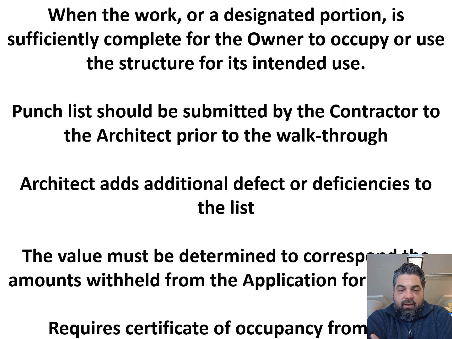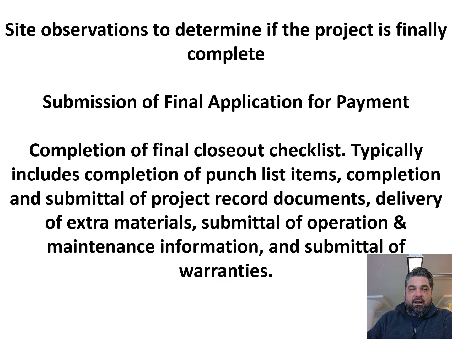And then typically the punch list and substantial completion requires that the contractor obtain a certificate of occupancy from the authority having jurisdiction, which means they have a building inspector come out and do their walkthrough, in addition to all the walkthroughs for other life safety systems like fire sprinkler, fire alarm system, electrical, everything. So you've done your substantial completion, you submit your punch list of all the things that are out there, and then the contractor works on that punch list to correct those items, and then they ask you to come back out